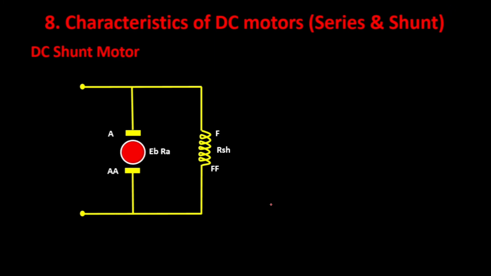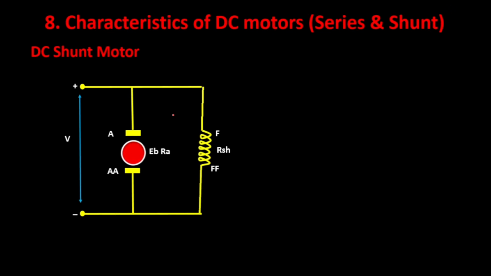Before coming to the characteristics, let me explain this particular diagram. Herein, this is a DC shunt motor. I'm talking about the DC shunt motor. In a shunt motor, you have the armature and field connected in parallel to each other. So once you give the supply to this DC shunt motor, what happens? The field will get energized, and because of this, the armature will start rotating following Faraday's law of electromagnetic induction. This is how it takes place.